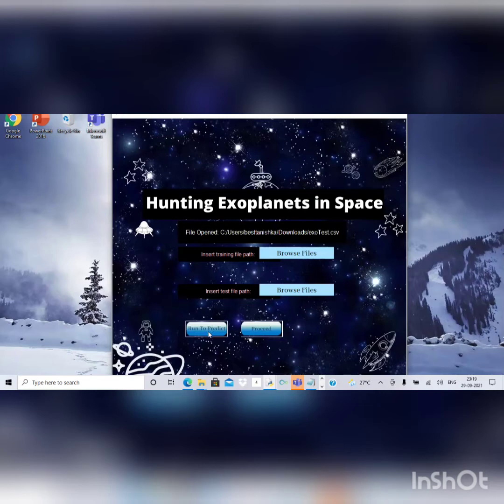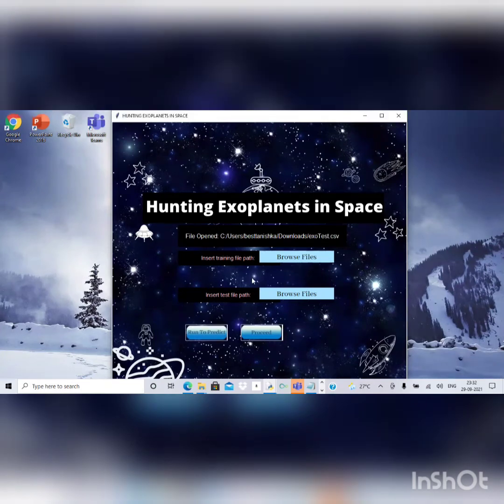When you click on the Run to Predict button, the data is uploaded to the prediction model. As the data is being loaded, the missing values are evaluated and the data is normalized. Normalization of the data ensures that all the data looks and reads the same way across all records, hence making prediction easier. Further, the fast Fourier transformation takes place on both the data sets, which converts the time-dependent data to frequency-dependent data. The SMOTE method is used to balance the training dataset, and the XGBoost classifier model is deployed to predict the values of the stars having a planet near them.